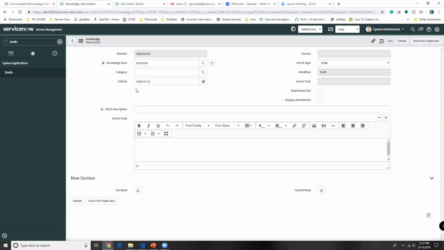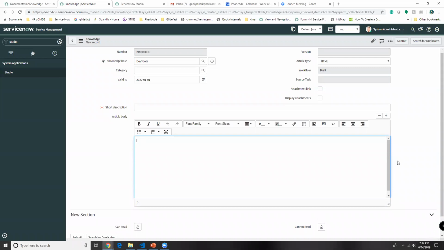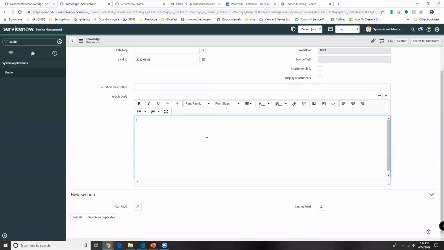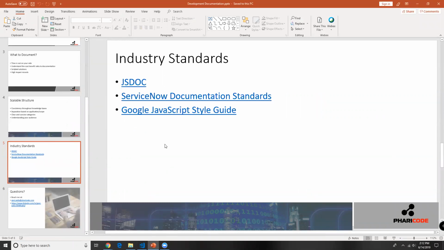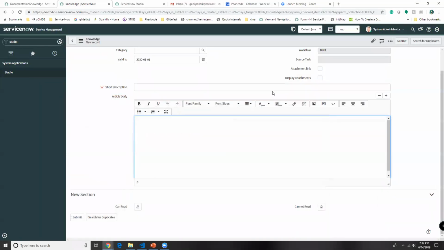Now, you might be thinking, okay, we do this, but what about the content, the article body? So instead of making up your own view of it, what I highly recommend, and I have this listed out in the PowerPoint on the last slide, so these will be hyperlinked for you guys, is that there are already industry standards set out for JavaScript documentation that we should really leverage, because we can automate a lot of our documentation